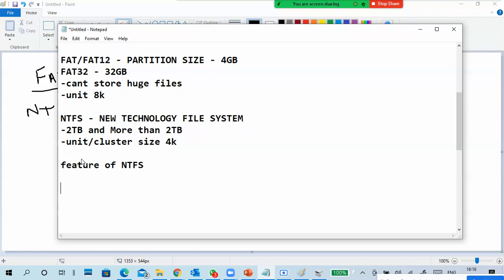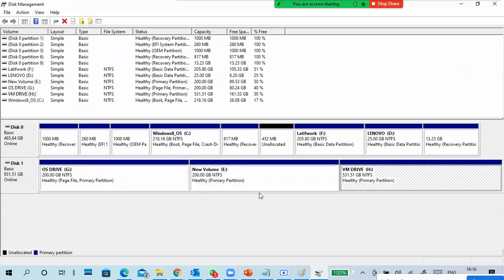Does anybody know what the features of NTFS are? Disk quota. For example, think I have a 200 GB hard disk and two users on my computer. The second user, my brother or sister, is trying to put data.